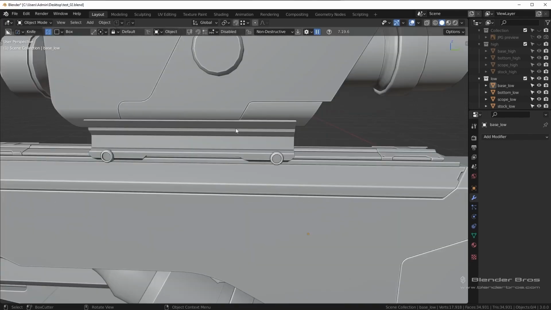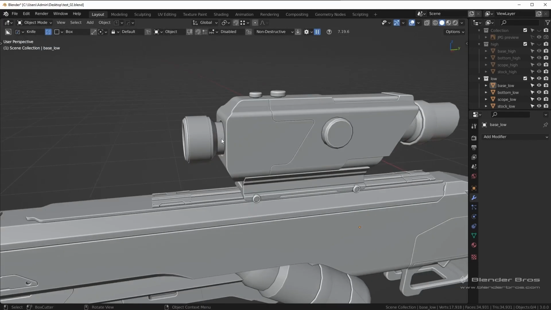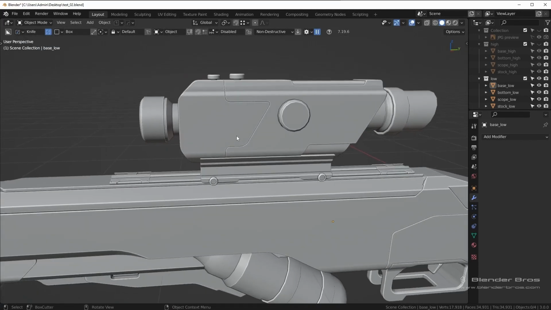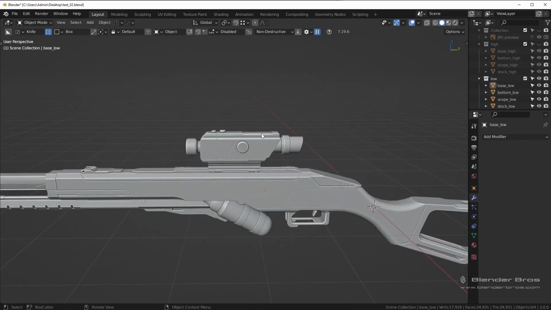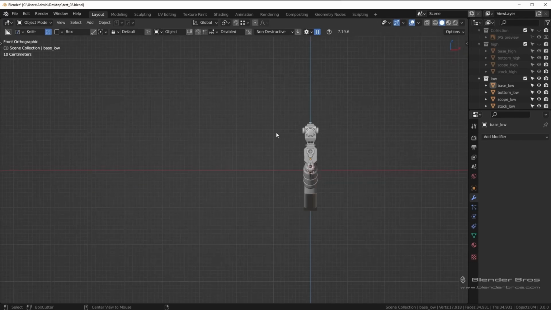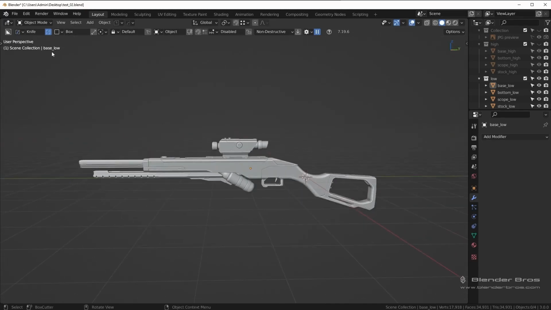So maybe this scope here is red, and maybe this is purple. What you could do is select and add the material to the purple area, for example, or to the red area. It makes life so much simpler when you're texturing. You'll see how it all works in a second, but it's very easy to do. What we need to do is go over to